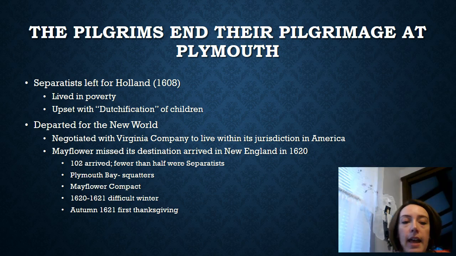They set sail, and the Mayflower, we all know the Mayflower, doesn't make it to Virginia, and instead hits the coast of what we now know as New England in 1620. And rather than getting in the boat and continuing to travel, they stay. They squat on the land, so that's illegal because they're outside of the jurisdiction of the Virginia Company's charter. But they had such a rough travel to get here, they weren't going to chance it and get back in and travel further.